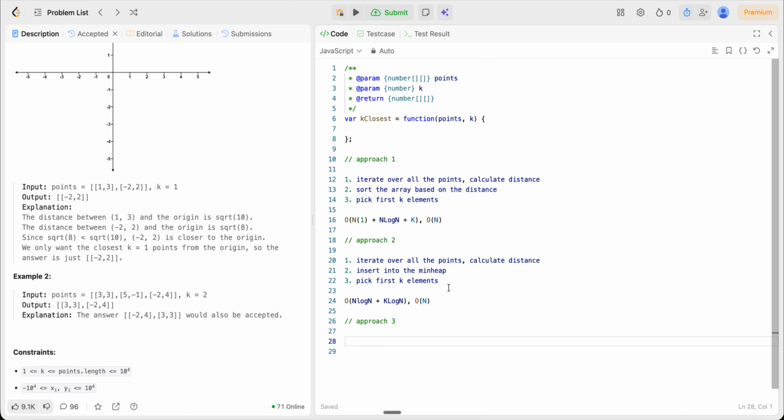Approach 3, we are going to do the same thing. Iterate, calculate distance. We are now going to maintain a max heap, and we are maintaining the max heap of size only k. So if size is less than k,